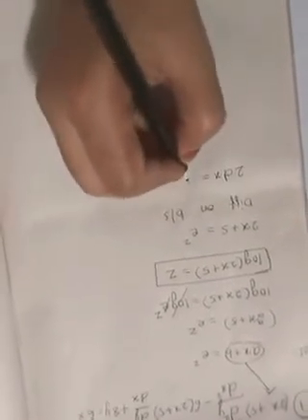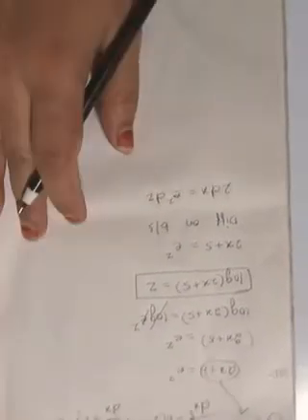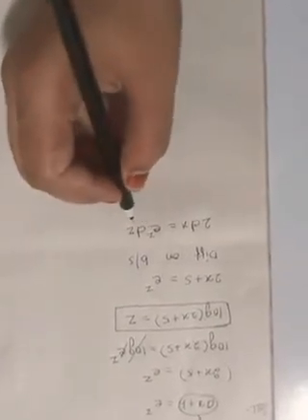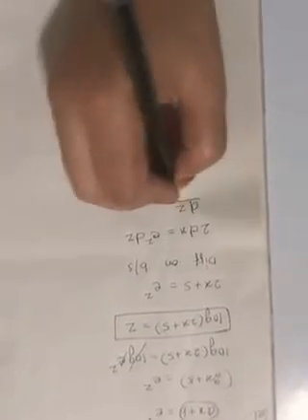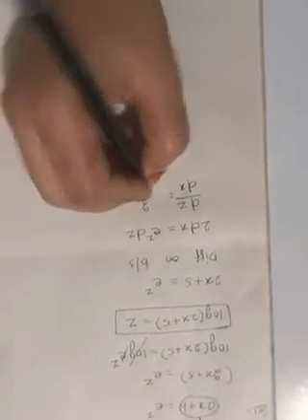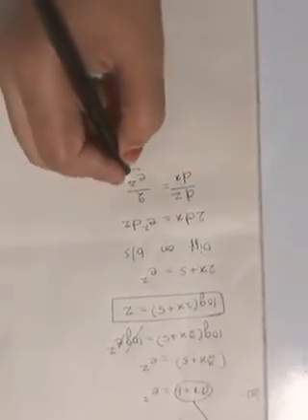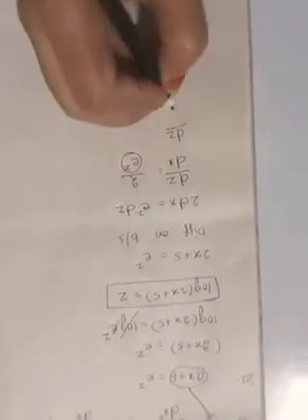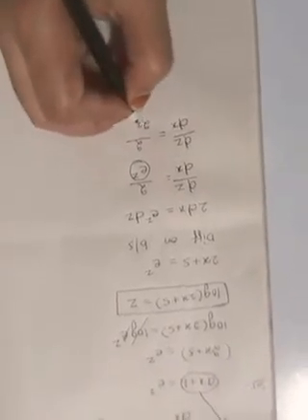2dx is equal to e^z dz, right? Now 2 = e^z dz/dx. Then after, what we have to do, dz/dx, right? That is nothing but 2 by e^z. So what is e^z? e^z is nothing but 2x + 5. So substituting here, dz/dx is equal to 2 by (2x + 5).